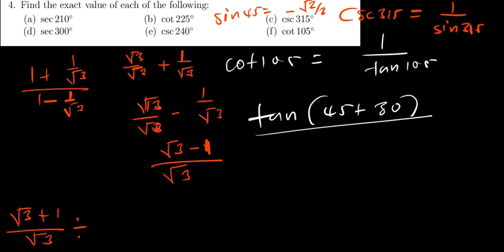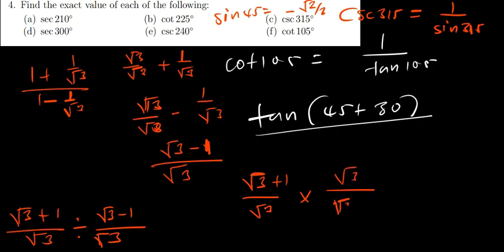So we now have this down here, root 3. So what we can actually do is root 3 plus 1 divided by root 3 times root 3 divided by root 3 minus 1. These will cancel. Now what we are going to have is root 3 plus 1 divided by root 3 minus 1. So what we have there,